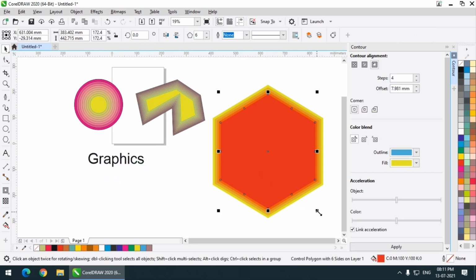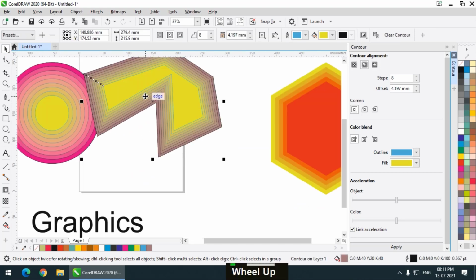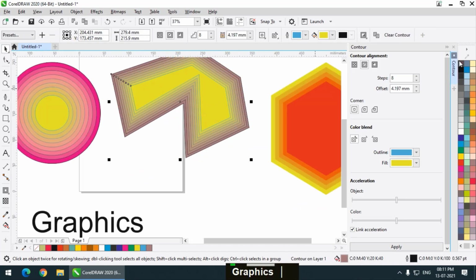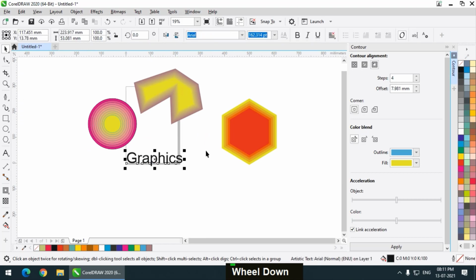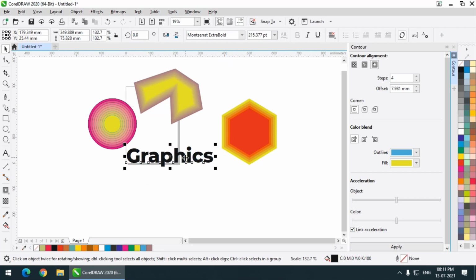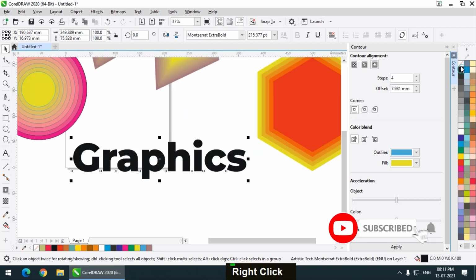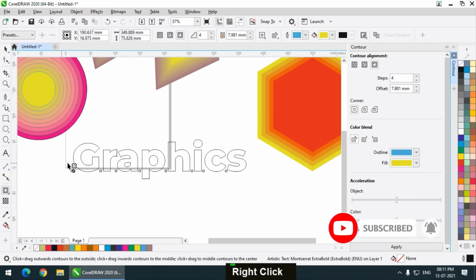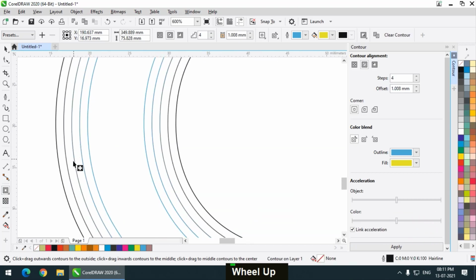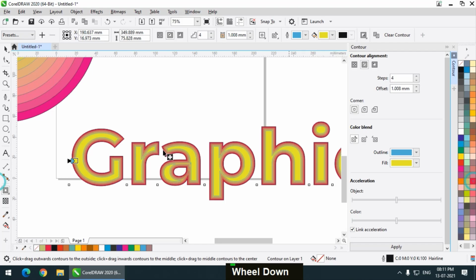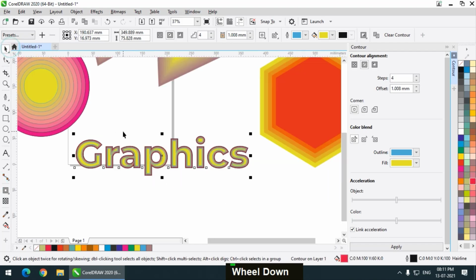I will decrease the size, and I will change the font once again. I can directly use it from here like this. So this is how it will look.